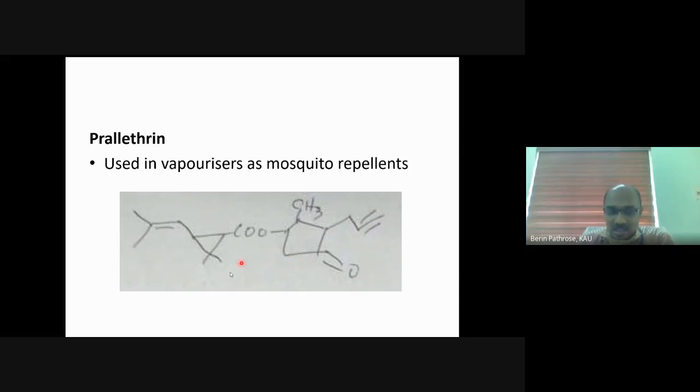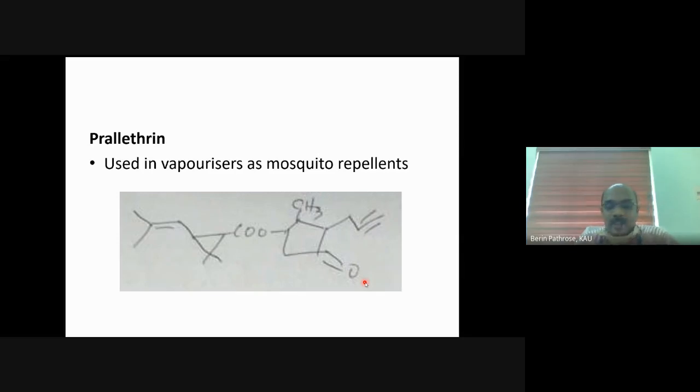Here the acid part is chrysanthemic acid. In the alcohol part, one CH3 is removed, it is a 3-carbon one with, at the end of the side chain, a triple bond. In allethrin, it was a double bond. Studying the evolution and development of synthetic pyrethroids is extremely wonderful. Scientists used to make slight changes in the structure and come out with different pesticide molecules.